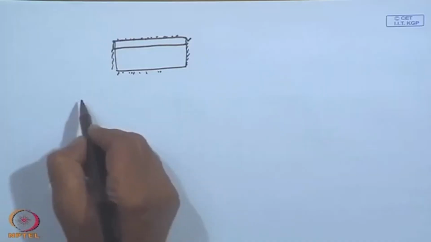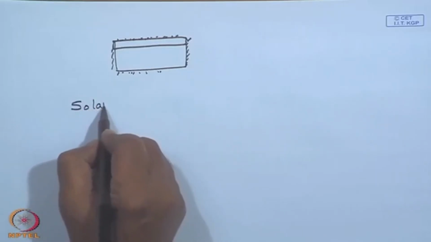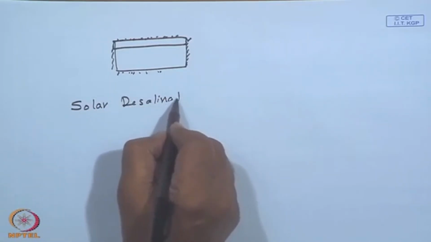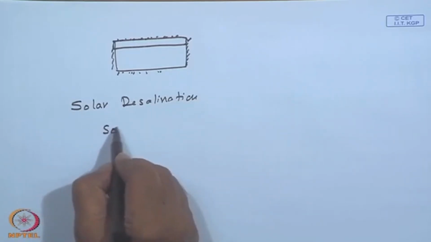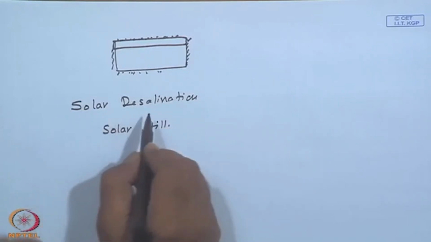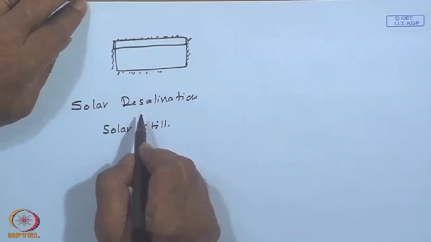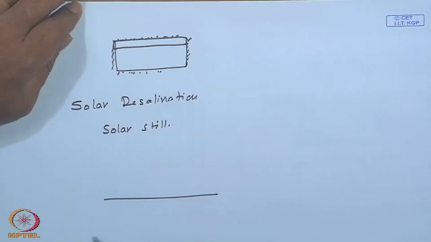Then next, quite attractive is solar desalination. Sometimes this is the general term, and you may call it a solar still for the particular device. So, when a suitable solar radiation absorber, you have got an absorber in contact with water,